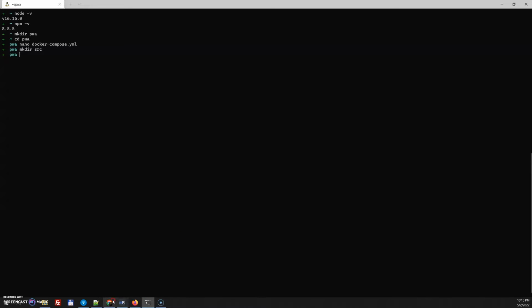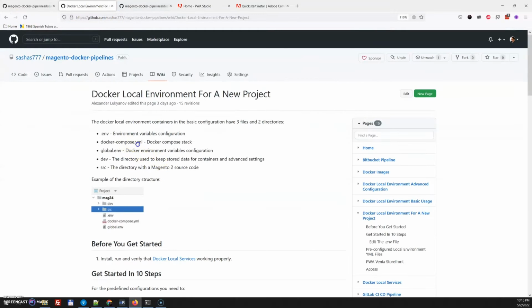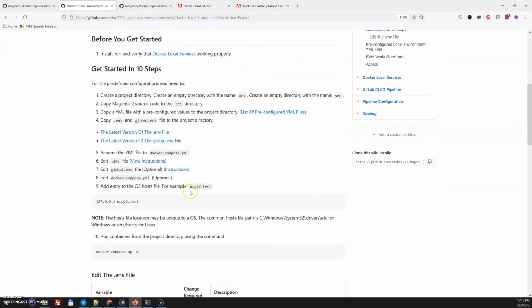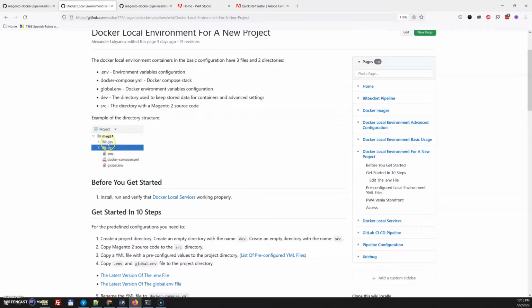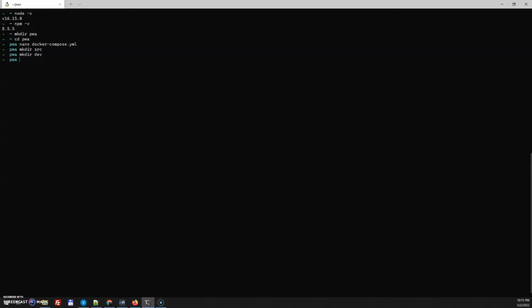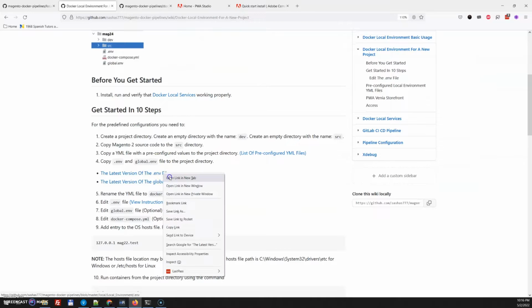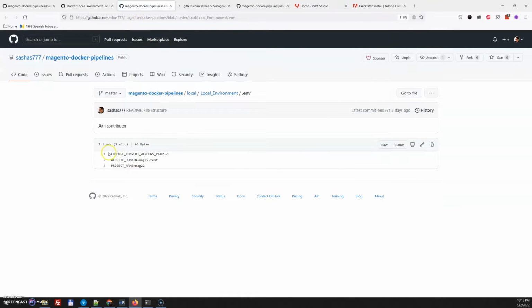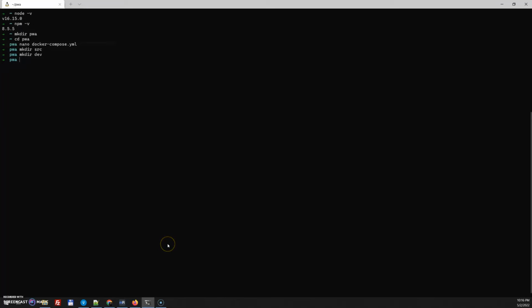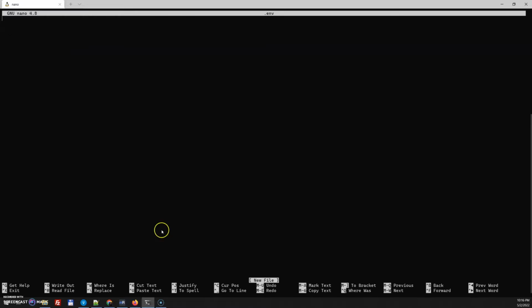a folder with source data. You can find all of it in the documentation. I'm just going to go through every step quickly. I need a source folder, a dev folder, and I would need to have two configuration files, .env and global env. The .env file would have the main settings, so it's going to be